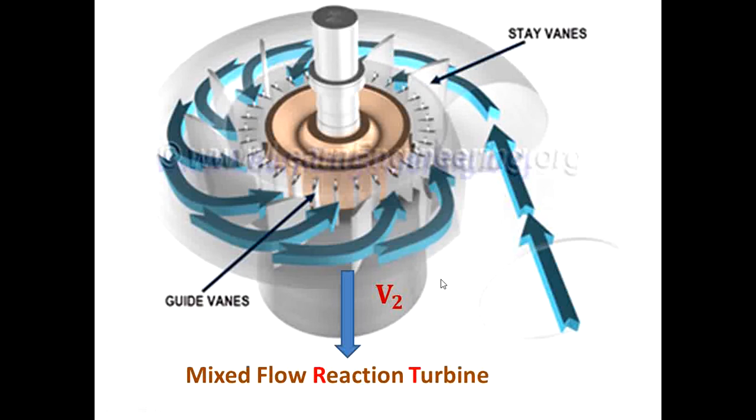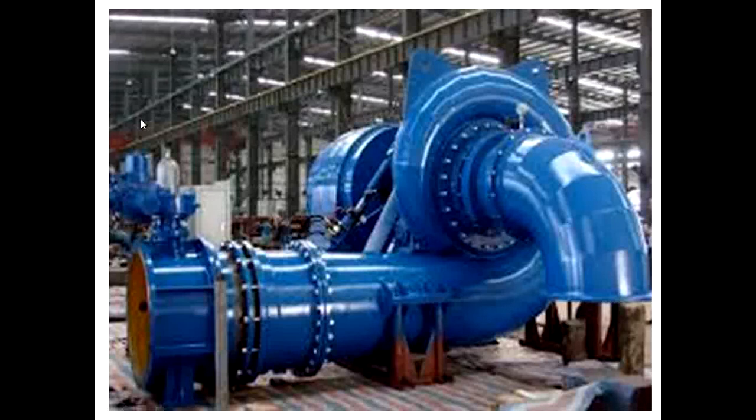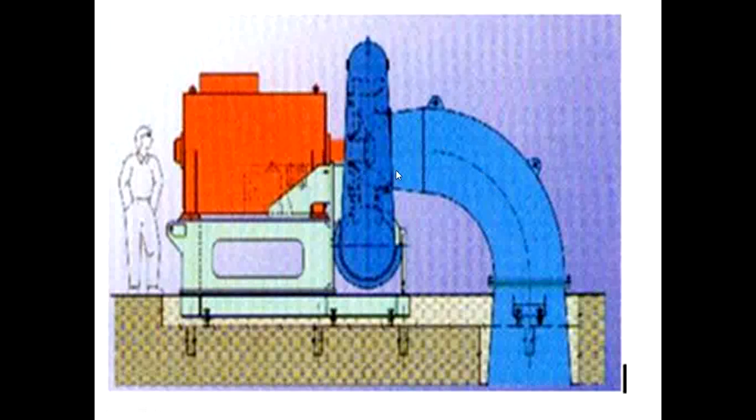But the Pelton wheel turbine is an impulse turbine, a tangential flow impulse turbine. Okay, this is the industrial sketch of the turbine that I was showing. It is a horizontal axis. See, this is the horizontal axis. After it does some amount of work, it will come out axially. So this is the sketch. This will be connected to the draft tube. Let me explain the draft tube after some slides.